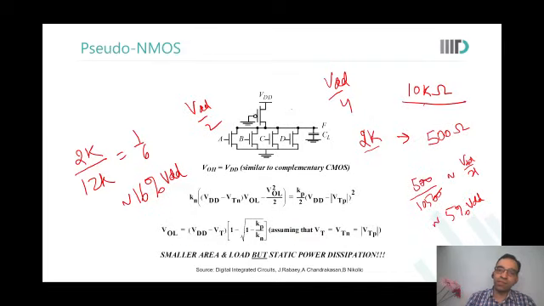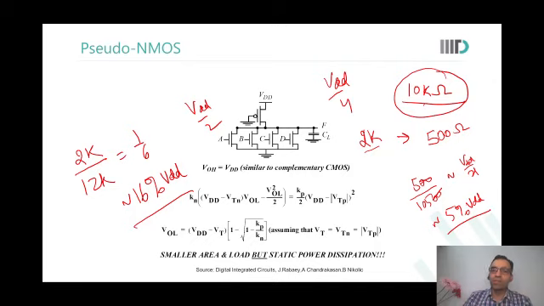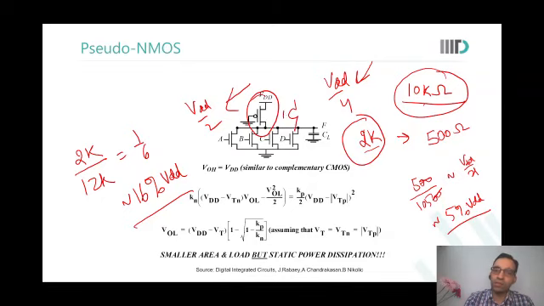In the earlier case, we saw that if I keep the PMOS very resistive, my rise time would be very bad. The 16% and 5% is fine, I'm not worried. So to get a good rise time, what do I want? I wanted the PMOS to be 2K. But with 2K, this was the kind of values I was getting on my output. Unacceptable. So what to do? The idea is that in parallel to this 10K resistance, put another PMOS, which is slightly larger, so that effective PMOS resistance is now 2K.